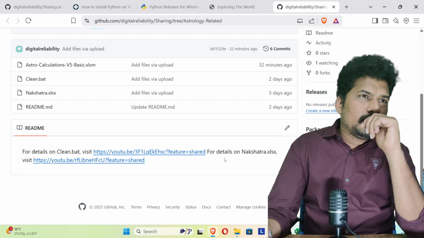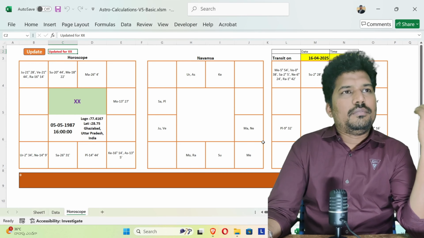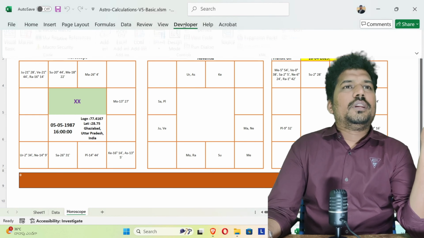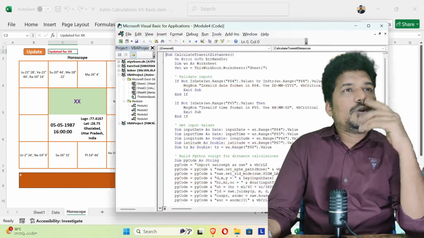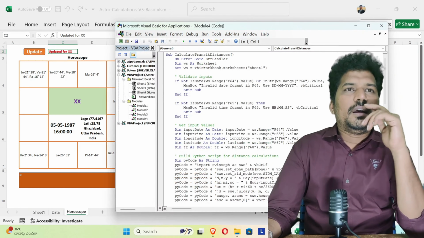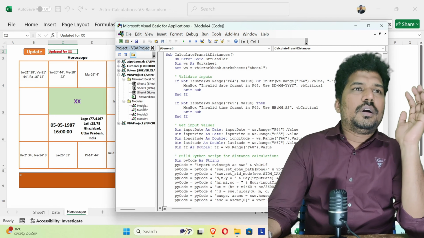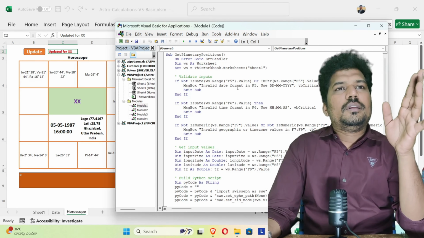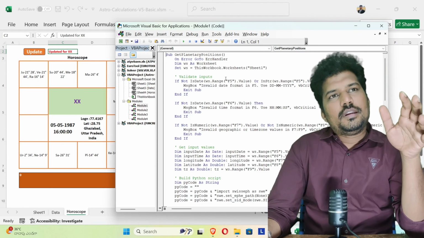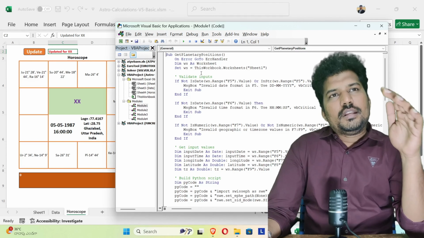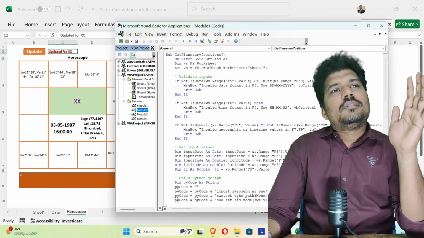If someone has a doubt whether we should use this VBA program and how it works, you just go through the developer tab. You need to enable the developer tab and then look over this VBA program. I'll explain how I have designed this VBA program. I have created some modules. Module 1 is to get planetary position details, including ascendant degrees as per the birth data. Next, module